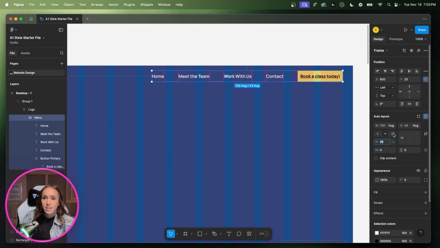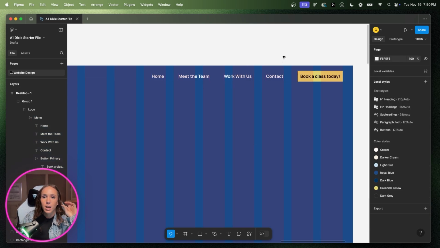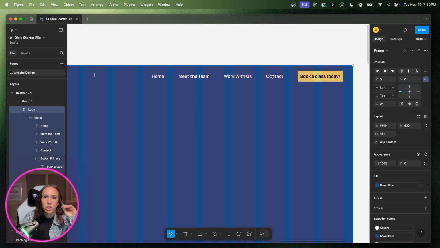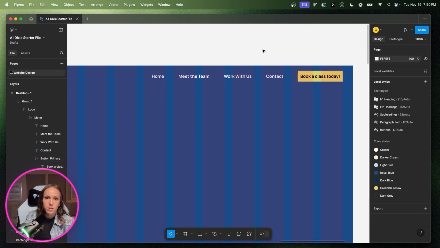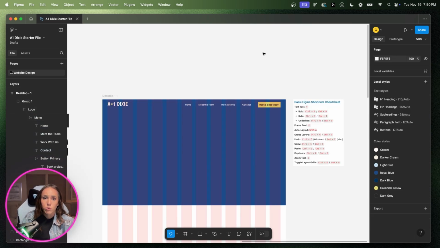You can also take it a step further and wrap these objects to where when you start moving the design, it will automatically start wrapping them in a new line. So again, there could be a whole separate video for auto layout because it is such an in-depth feature, but I did want to mention that about the menu specifically, but that would work for even shapes if you needed to change them from